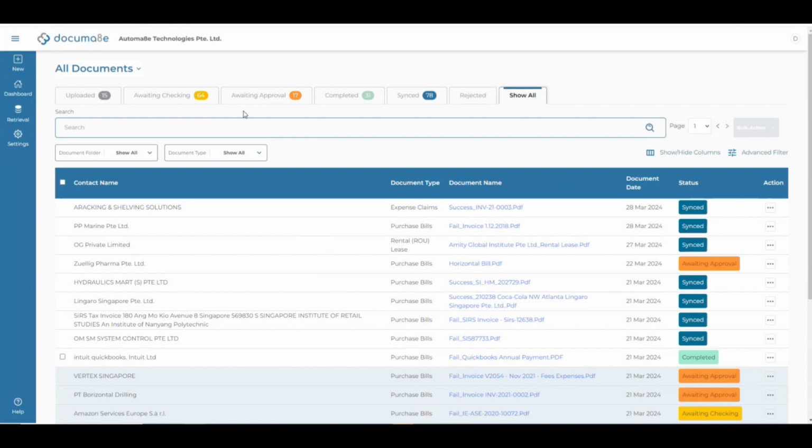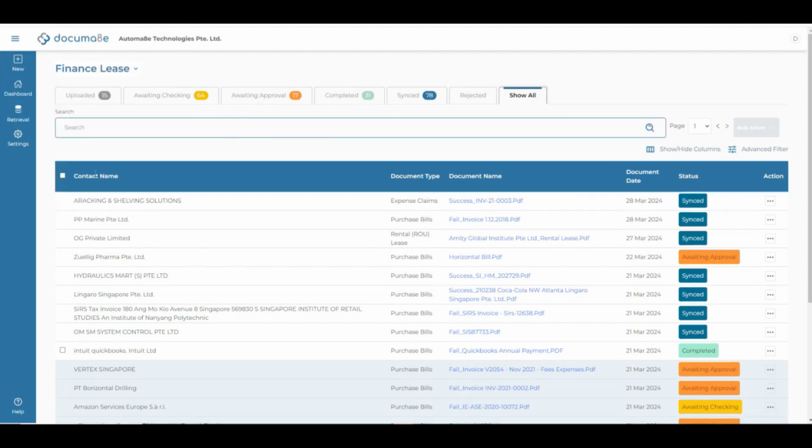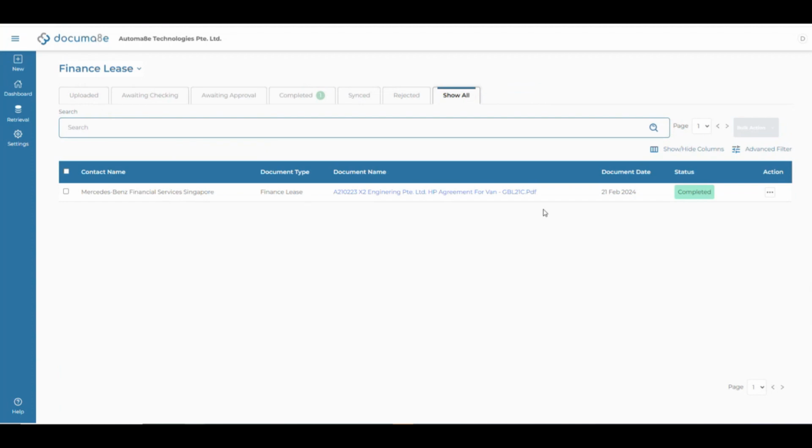And the system actually reads the document, picks out the facts and the data, and classifies the transaction for bills. So that's done a bit more higher in terms of technology, so they can do auto accounting. We also built in an auto accrual system into the bills so that you can extract out and do the adjustments in Automate. But besides documents like bills and bank statements, which those software can do, we are also able to cater to things like finance leases. By finance lease, if you buy a car and you take a loan on the car through a financing agreement, you have something like that.